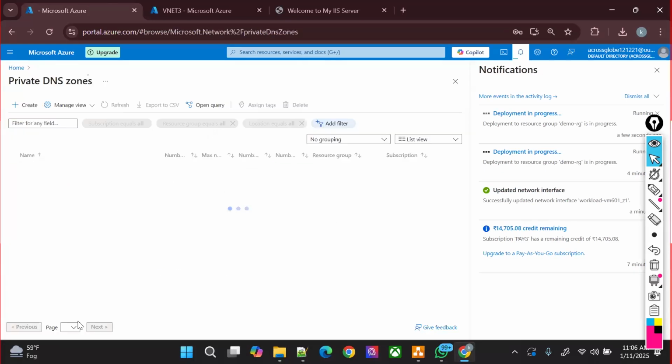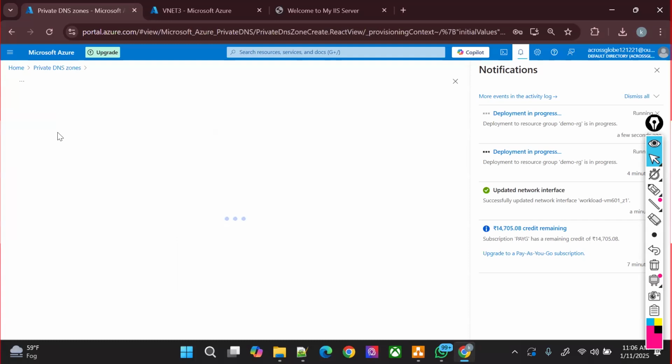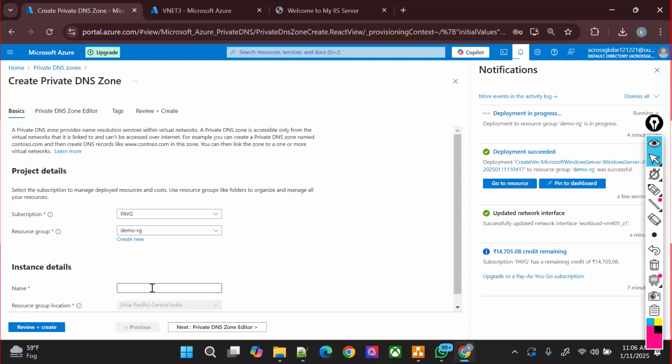Here you need to create one root domain. What will be my root domain? motiopshub.com. This is going to be my root domain, and then for web, I'll create one record, and then